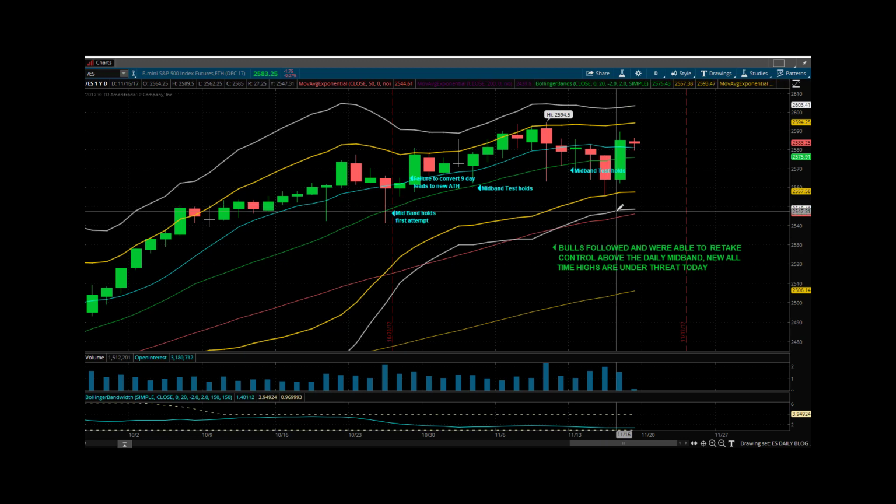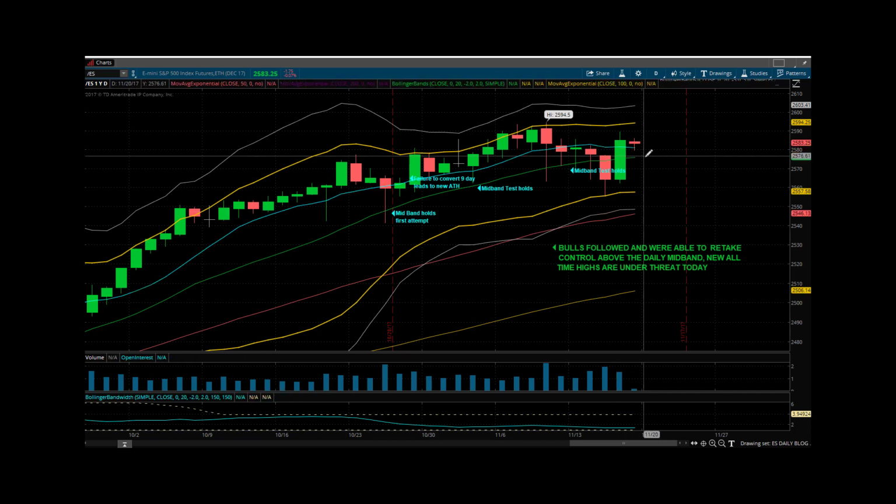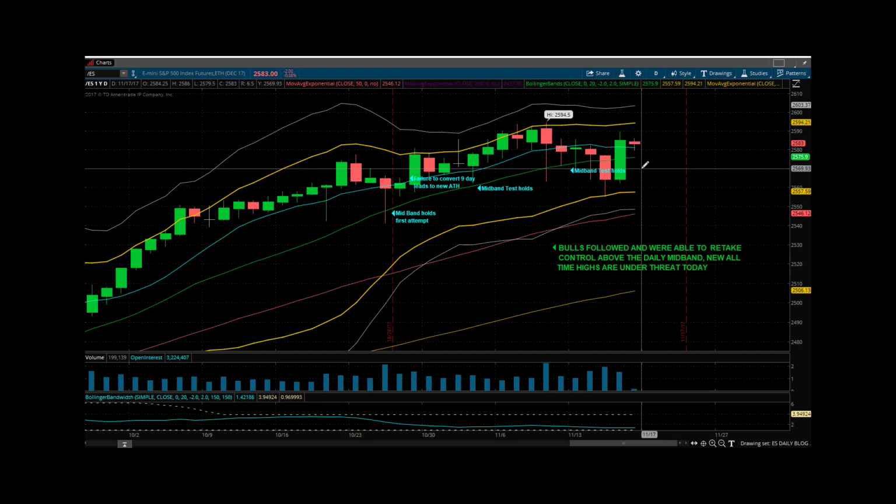We came in yesterday. There was an inability to hold the 68 to 70 area. And then off the open, they lost the daily mid-band, which at the time was around 74.25. That just made the day just one big long. We longed the open, 75 quarter. We went ahead and it converted our